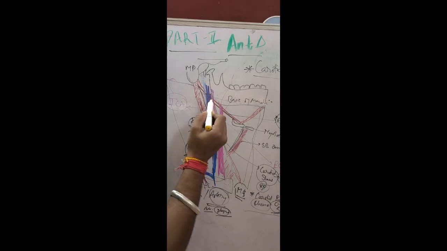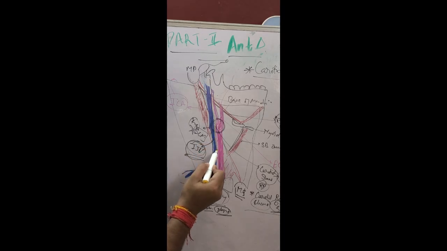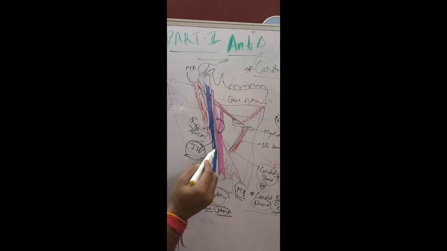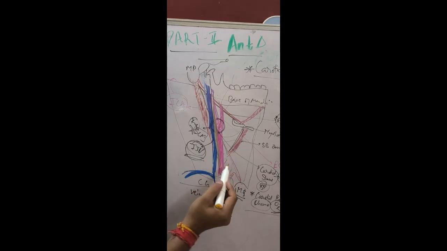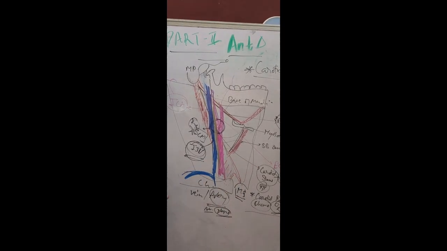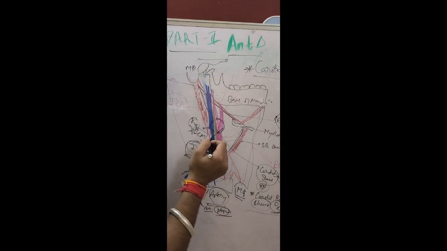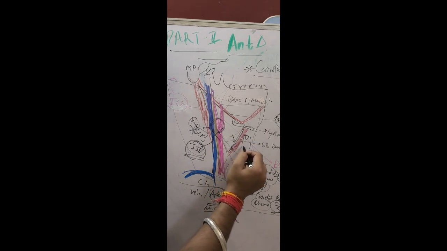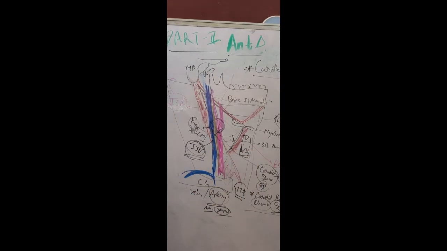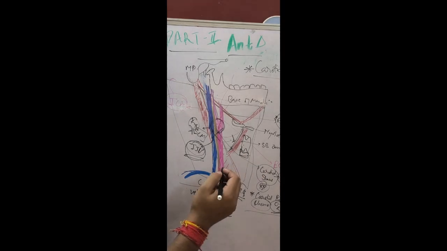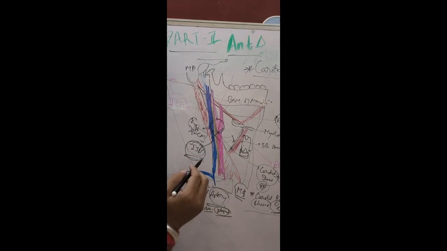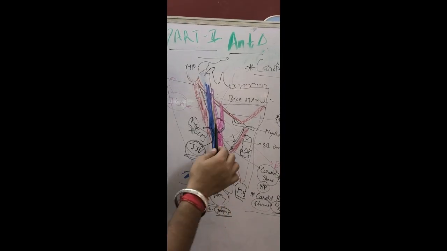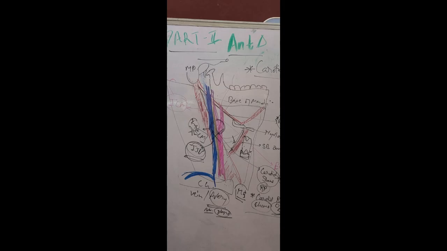The third important structure in this carotid triangle is the vagus nerve, and the branches from the vagus nerve are supplying the larynx. The larynx is the voice box. If something happens here, it will damage these nerves. I will draw the larynx. So damage to the nerves supplying the larynx and the laryngeal muscles will cause some harm to the voice. So you should be careful when doing a surgical procedure. That is why carotid triangle becomes very important for your viva and your theory.